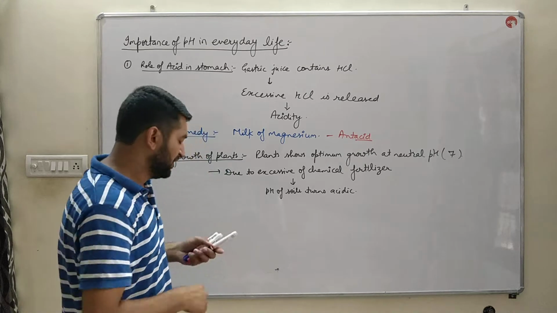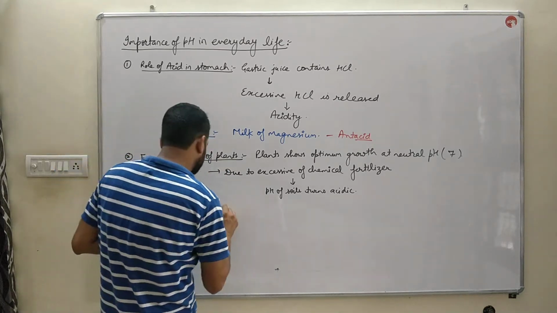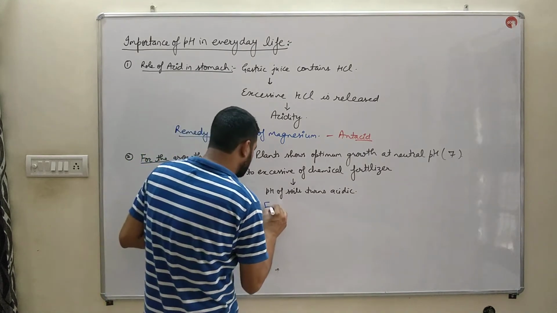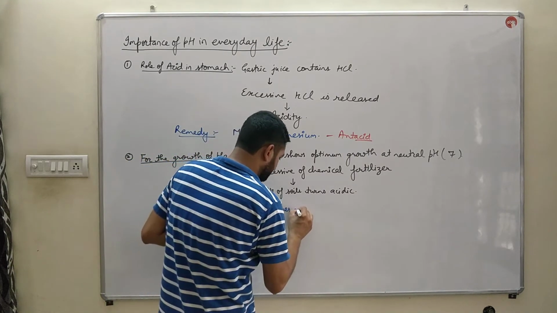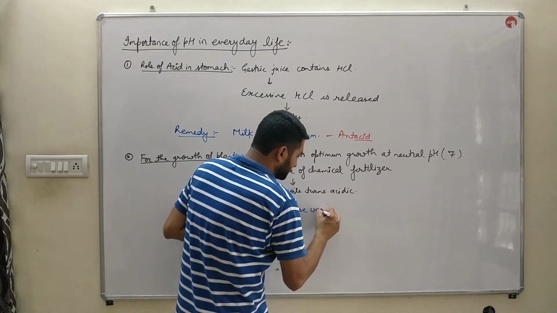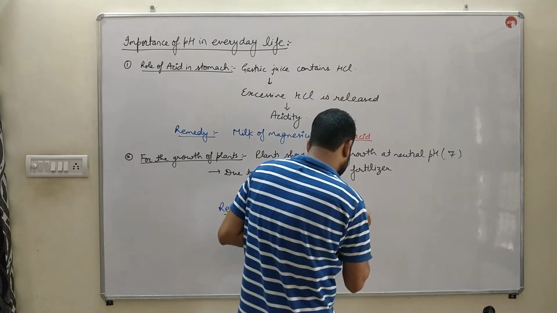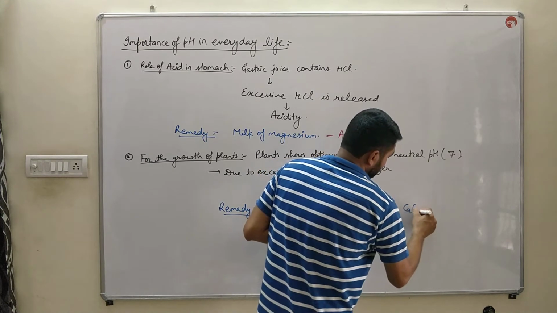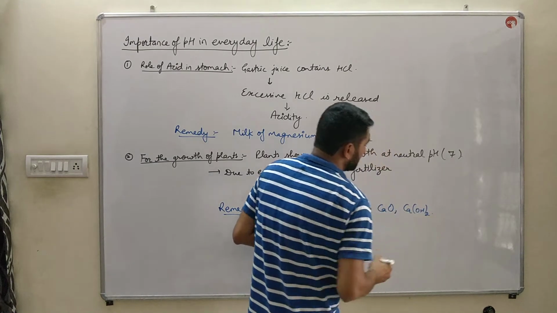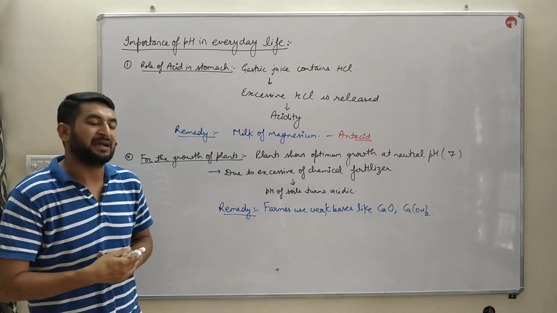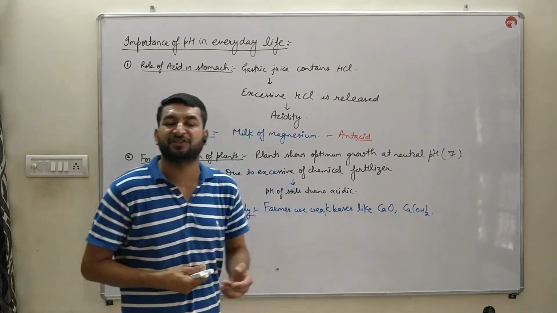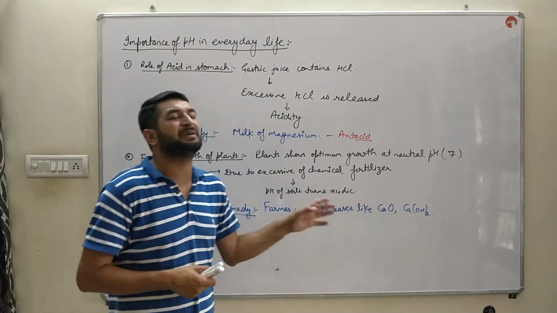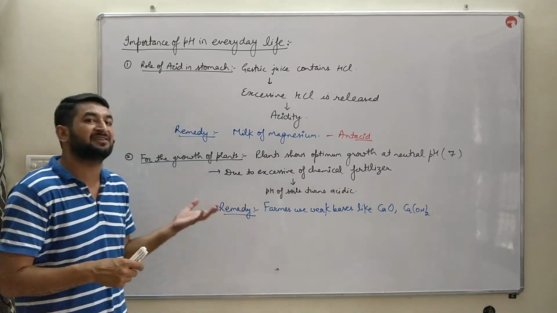So what is the remedy for it? Farmers use weak bases like calcium oxide or calcium hydroxide. Metal oxides and metal hydroxides are bases in nature. We are discussing the topic, so these mild or weak bases are used by the farmers, and that's in the NCERT